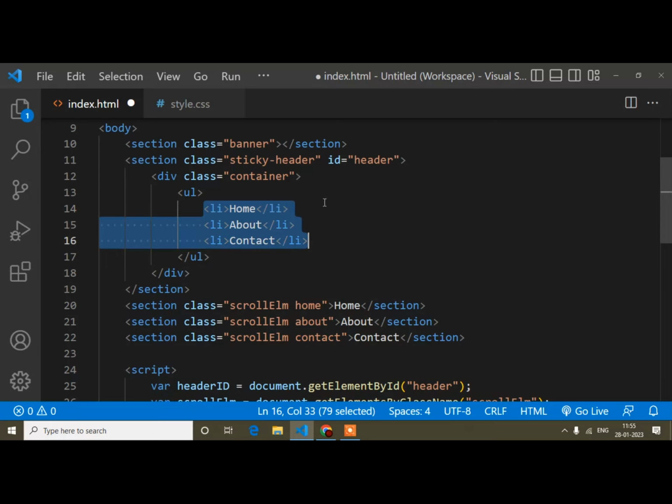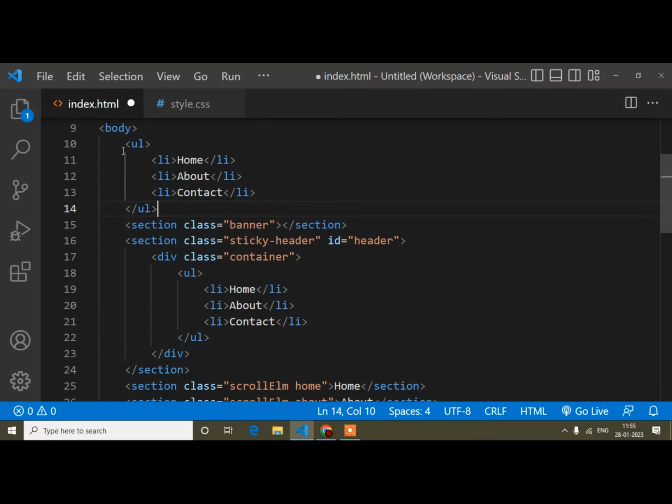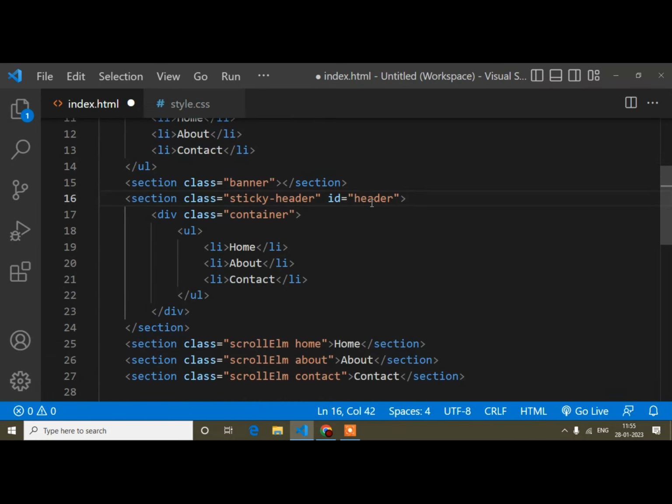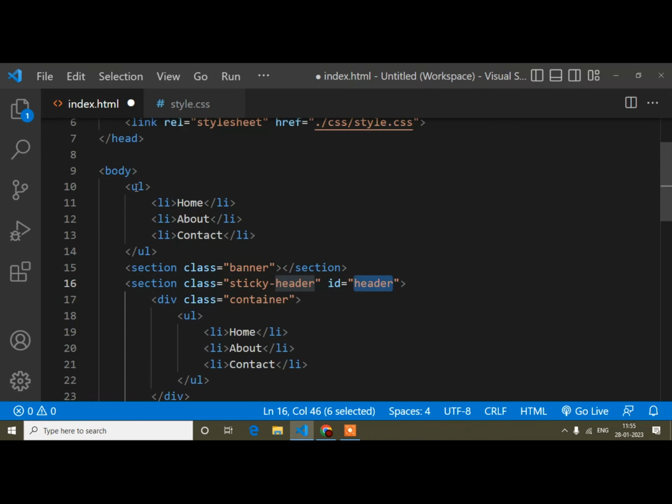First I will take this header id, because if I don't, the li tags can be in other places also. Just suppose the ul li tags are somewhere else, like here; those are common tags, right? So if you don't take this id, it will affect those places too.